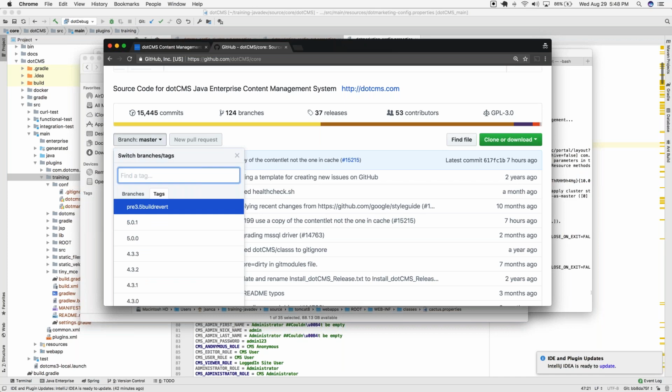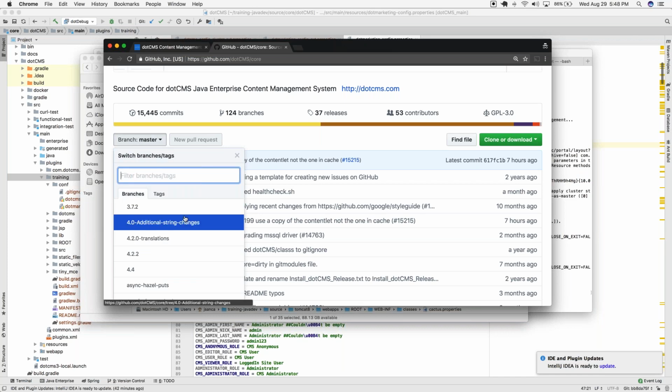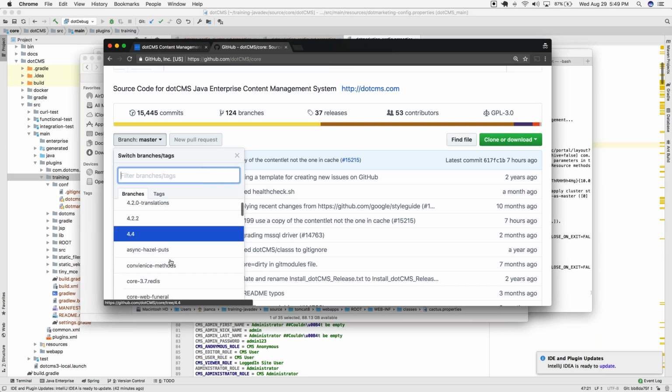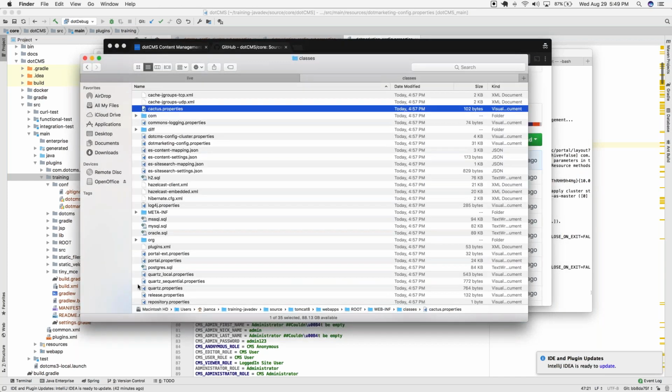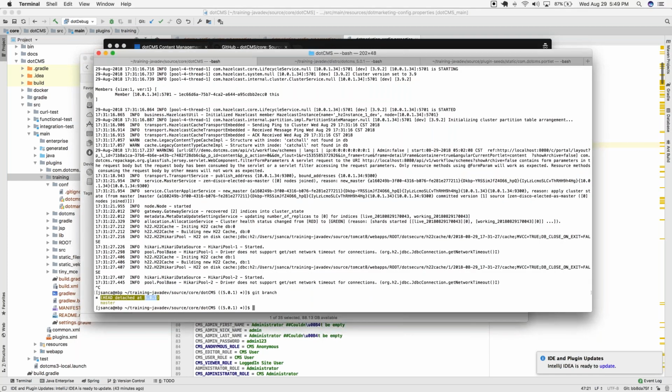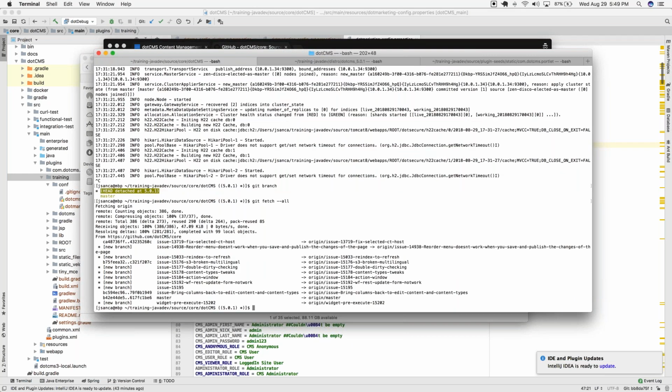And then we have branches. Branches are still alive because they are work in progress. For instance, you can see here some of the next releases that we're going to do. This is like a maintenance, the 4.2 or 4.4, and some of the others are basically the work in progress that we're doing right now. But the thing is, you have to go here to the tag. It is pretty straightforward how to do that. Usually you have to do git fetch to refresh the meta information